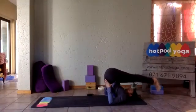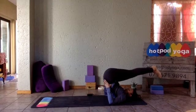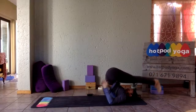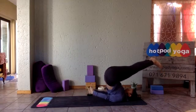Either straight legs or maybe bending the knees, resting them on your forehead. Very important, if you're in a plow position, roll down onto your shoulders instead of your head and your neck. If you want to go further, interlace your hands behind your back, walk your shoulders closer,